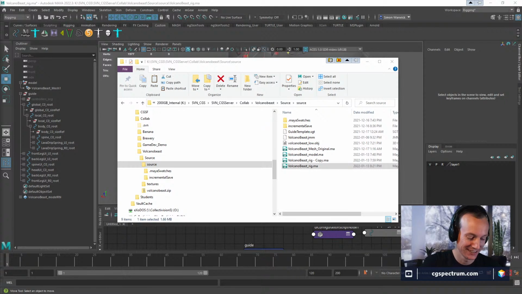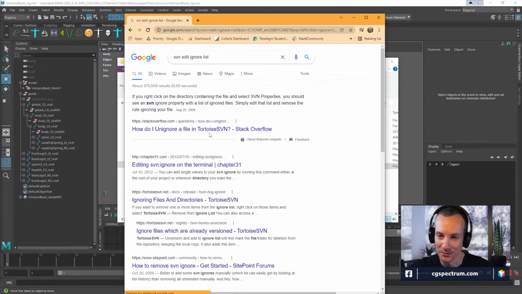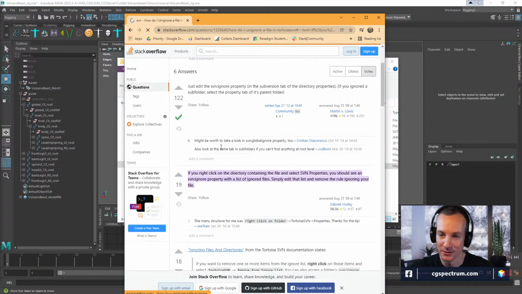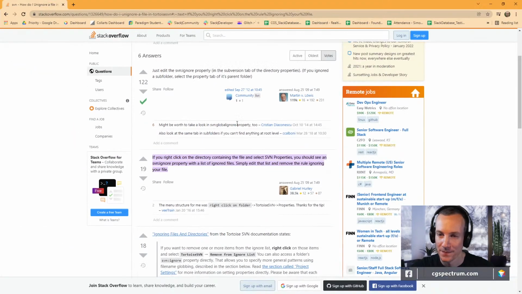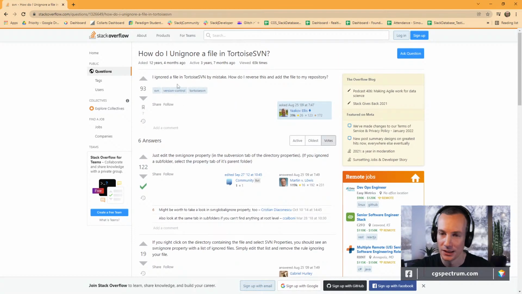All right, SVN. How to edit the ignore lists from SVN. How do I unignore a file? Just edit the SVN ignore property. That was the answer. I ignored a file by mistake.